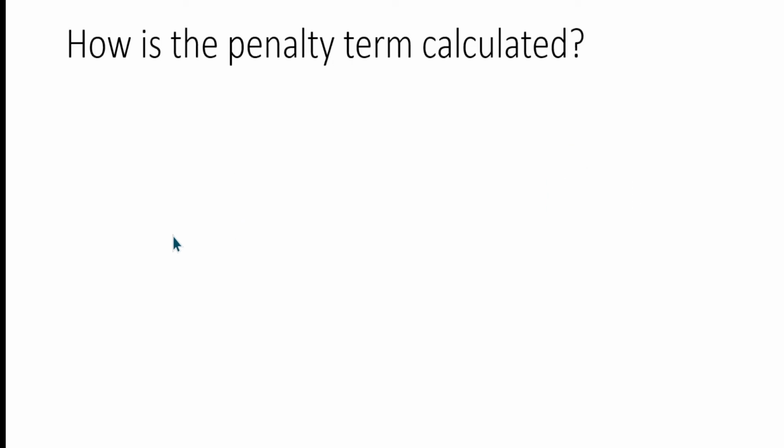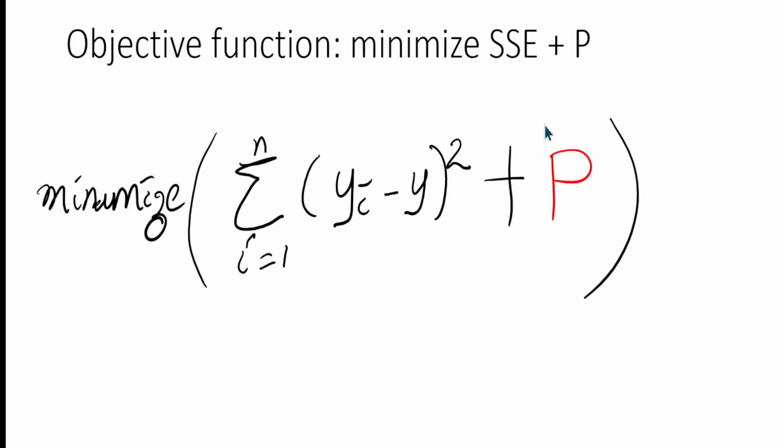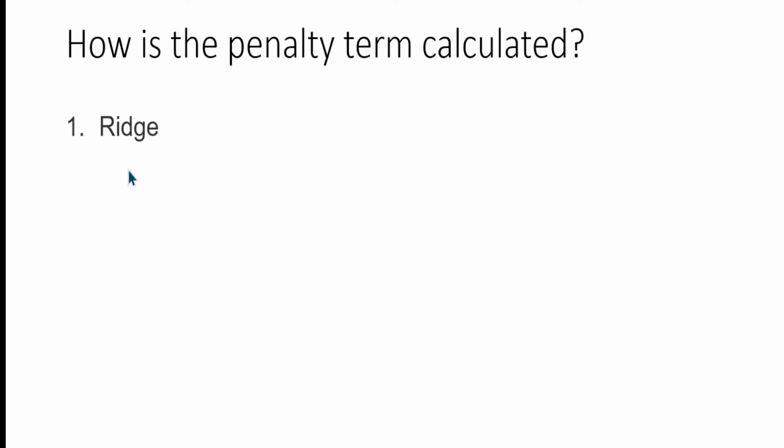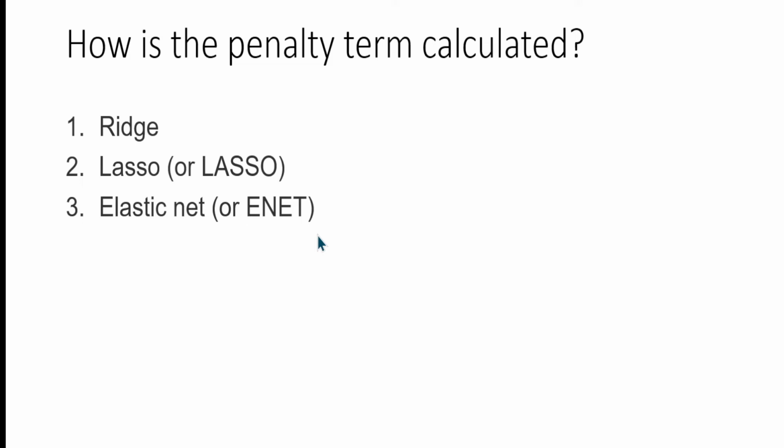So how is this error term calculated? This is the error term that we have added, so this is a penalty term. But how do you calculate it? This is calculated depending on the choice of your regularized regression model, actually. So you may choose ridge, and you may also choose LASSO, and then you have ElasticNet. There are other models, but at least these are the most common